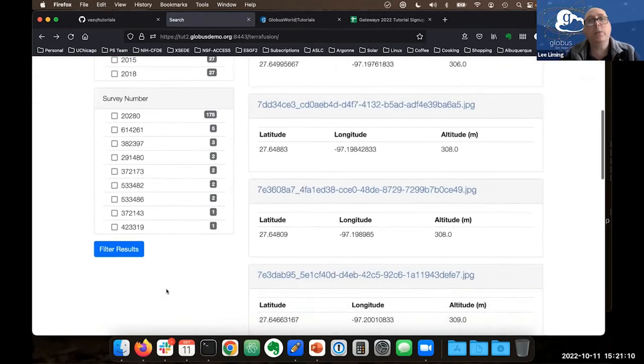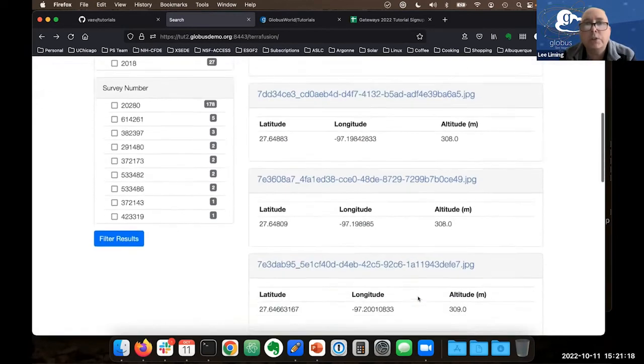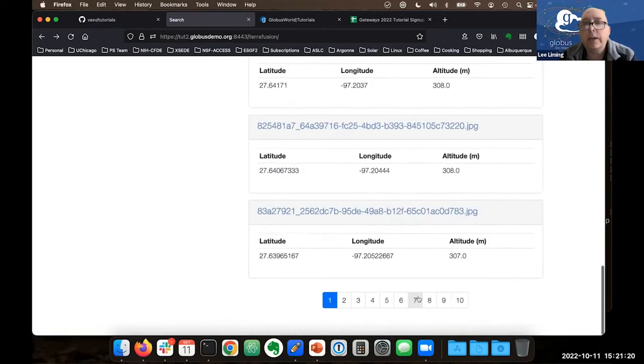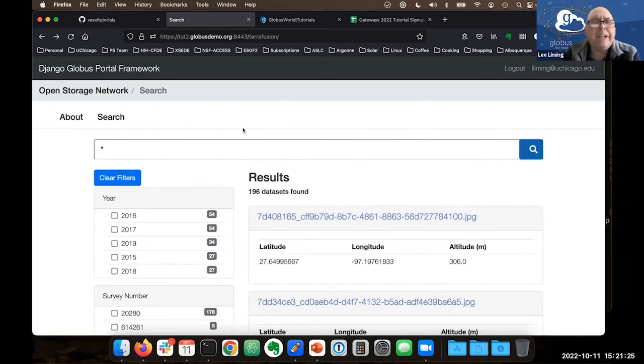Yeah, so we changed the facets. And notice that these are now images. These are all image files rather than data set files that were in the previous portal. So basically, by changing just two of those Python files and two of the template files, we were able to completely reconfigure it to use a different Globus search index. So basically a different metadata index and a whole different schema of metadata that's included there,